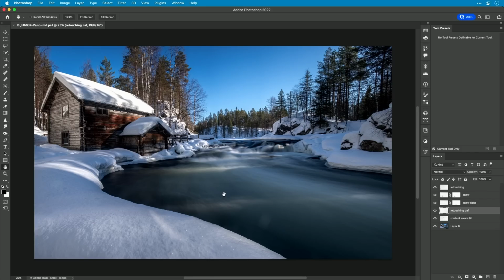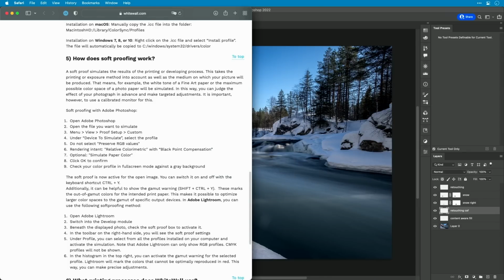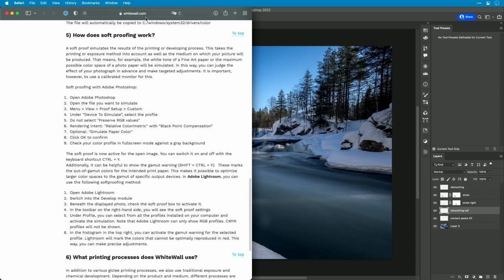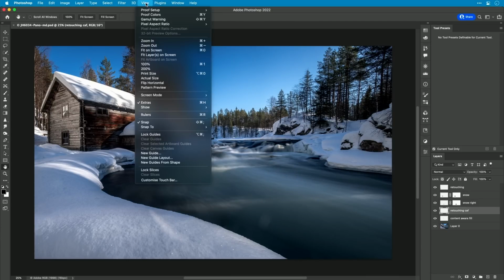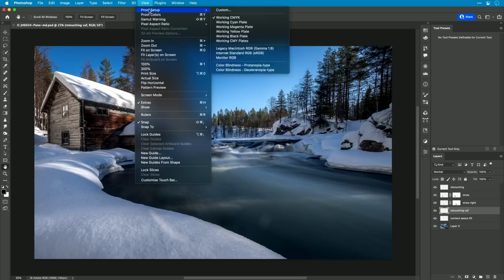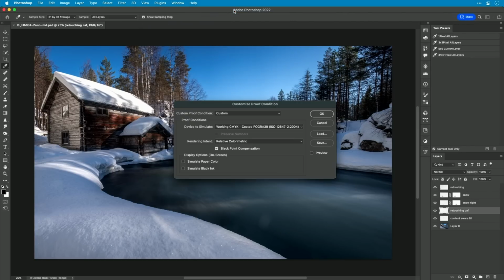I've installed the profile I downloaded from Whitewall, and this was done in the previous video. Here you see the Whitewall webpage, which explains how soft proofing works. We want to work as listed on this website. Inside Photoshop you go to the View menu, and there you have the Proof Setup. It's important that you go to the Custom dialog, and inside the Customize Proof Conditions dialog